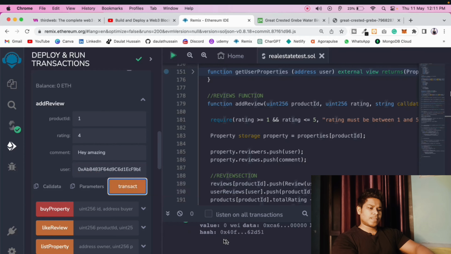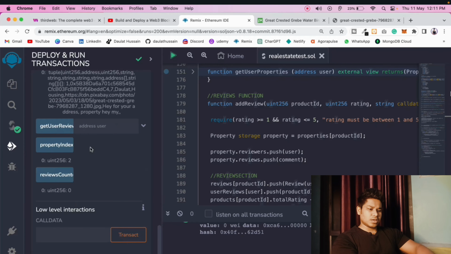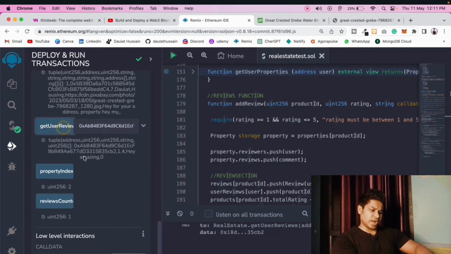The transaction went through, and if you come up here in the review count, right now we have 1 review in the marketplace. So this will keep track of how many reviews we are getting in the marketplace. If you paste the address of the user, you will get the review. If you click on this, get user review, this is the review he has provided,